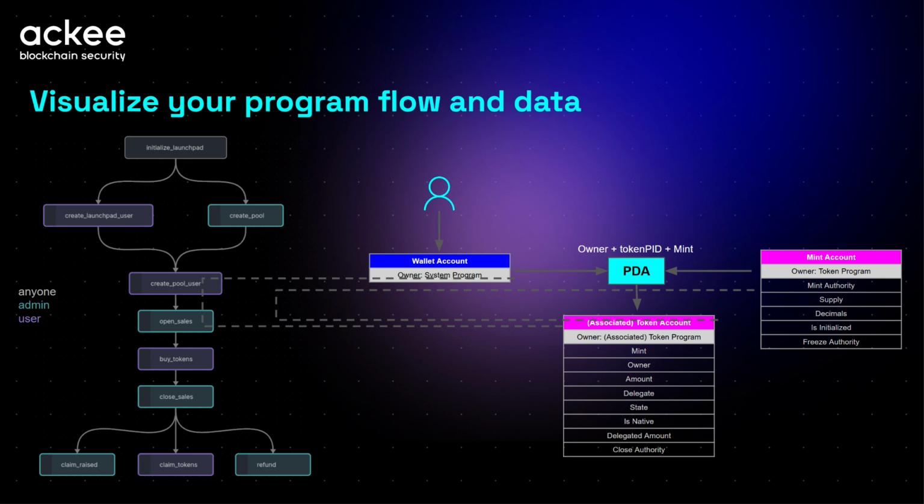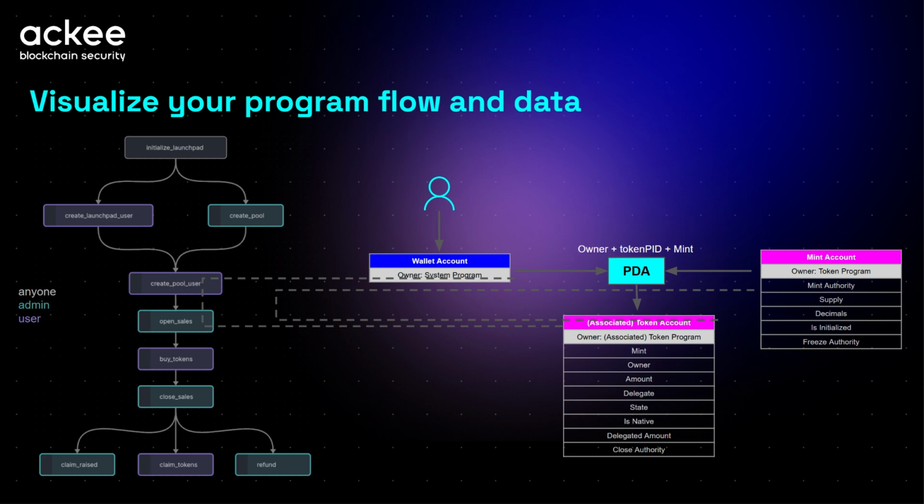And which is also important is really the flow and the sequence of the instructions, because you can directly see here that, for example, you cannot claim tokens before a sale is closed. And this is also very good for testing, to have some visual clue, because then you can directly see that you should test that tokens cannot be claimed before the sales are closed. So this is the program flow, and what is also very good for testing and for documentation for other developers